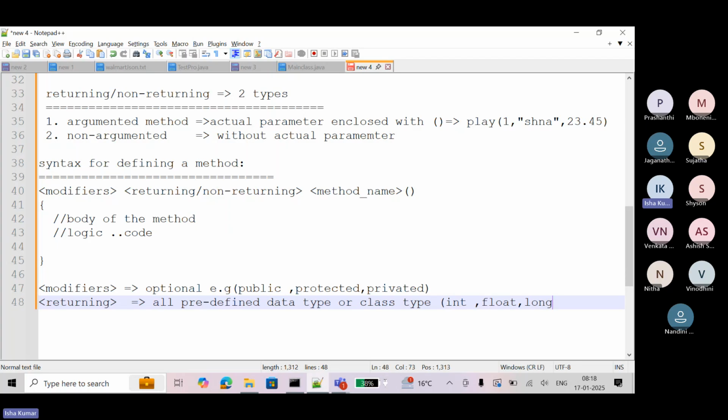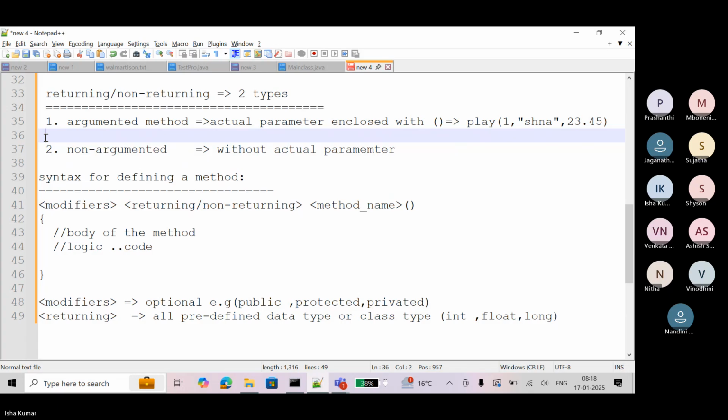And class type, whatever class you are using, it can return the class name. Class type, what can it return? It can return the object, or it can return the address of that class, reference. This argumented method is also called pass by value. Okay.